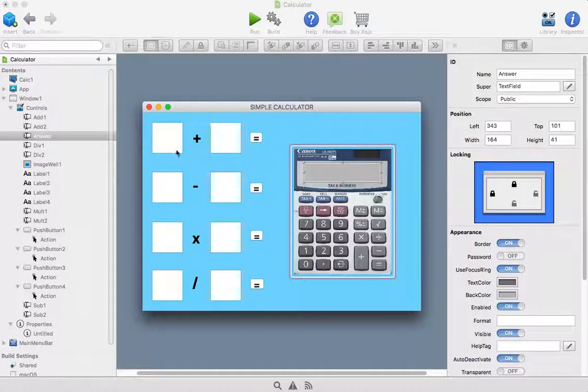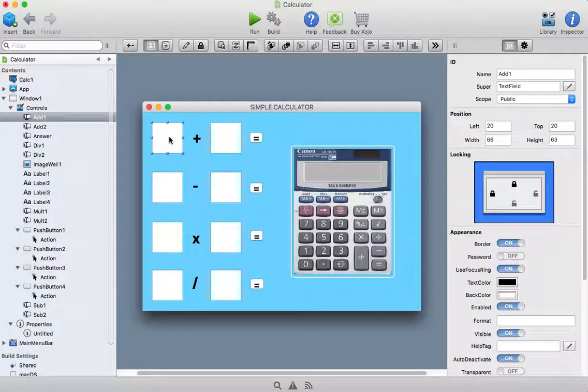Now that we have created the way our app looks by adding controls to our window and changing the properties of those controls, we're ready to start doing some coding. So before I actually code any of these buttons, and I'm going to code the equal sign because that's where I want the action to occur, I just want to refresh my memory and see what the names of these